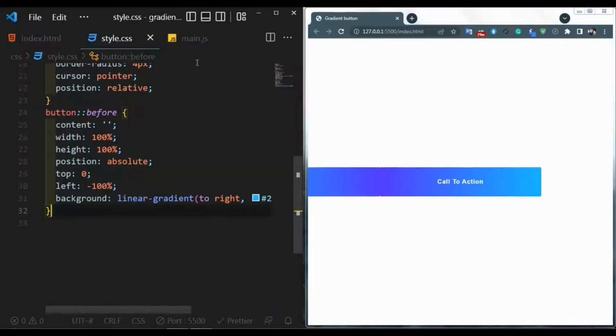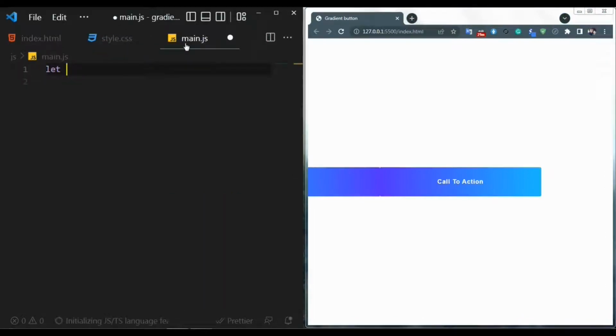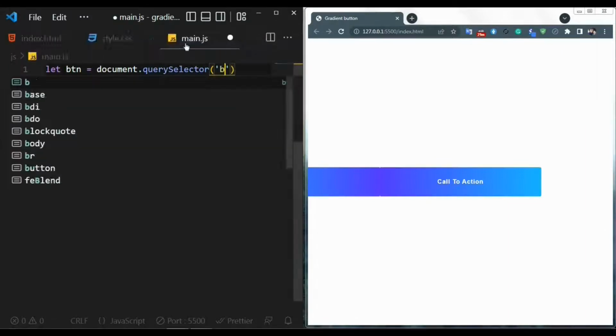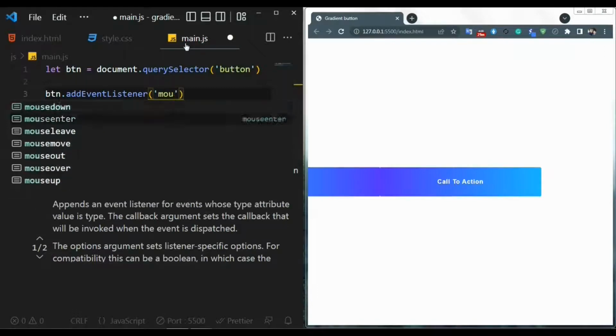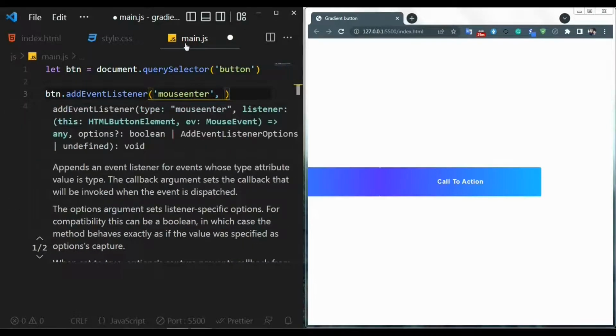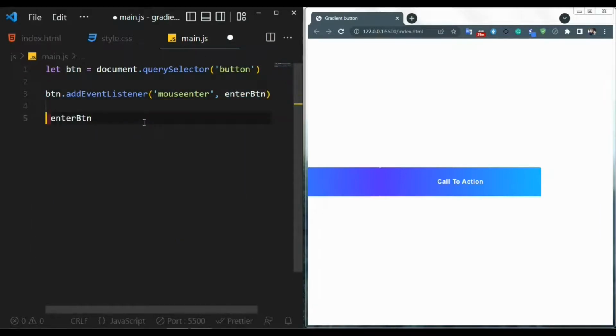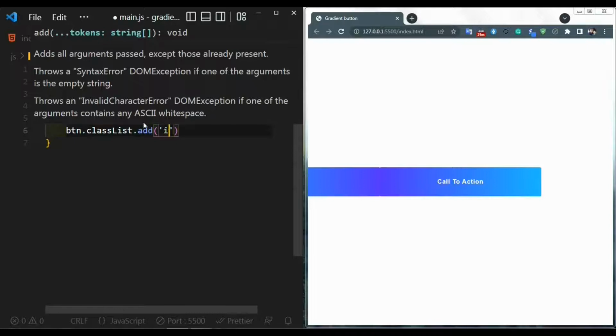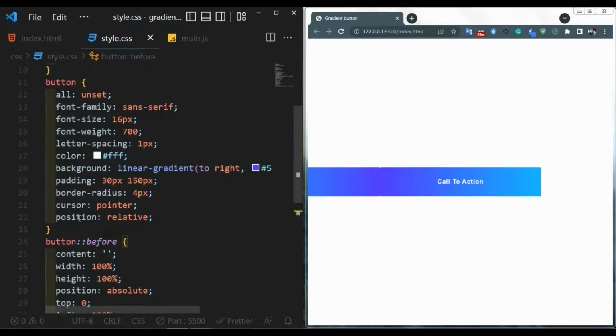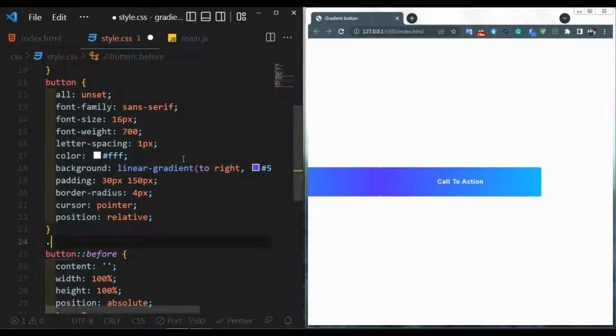and we move to JavaScript. First we declare our button, and on mouse enter, execute enter button function. In this function, add to button enter one class. This class change button background,